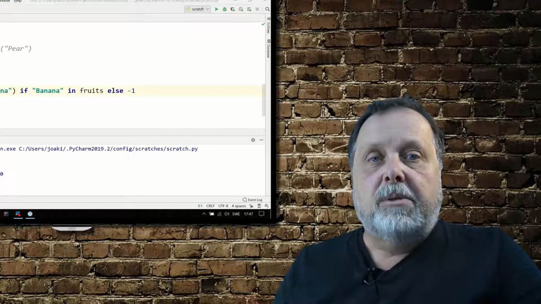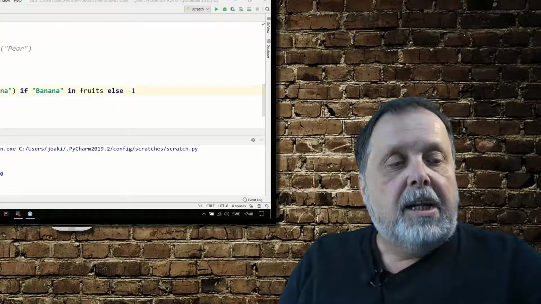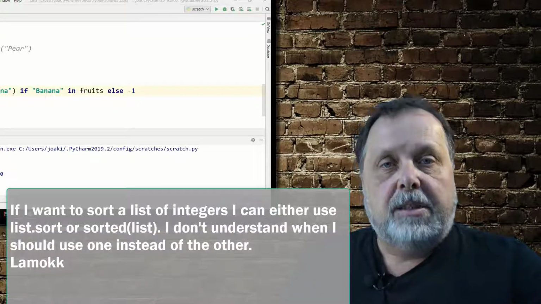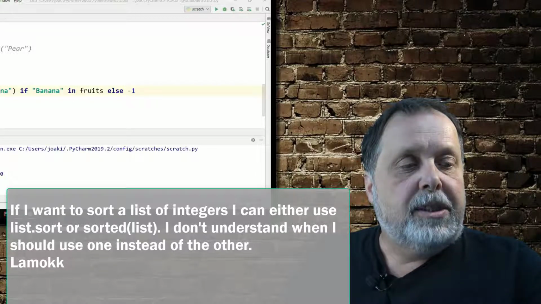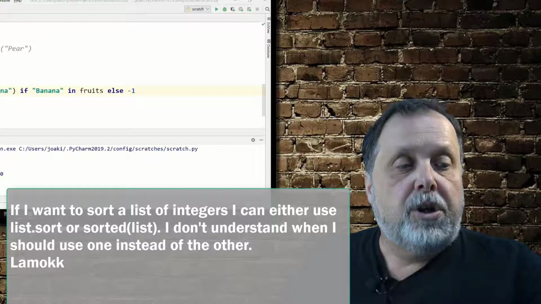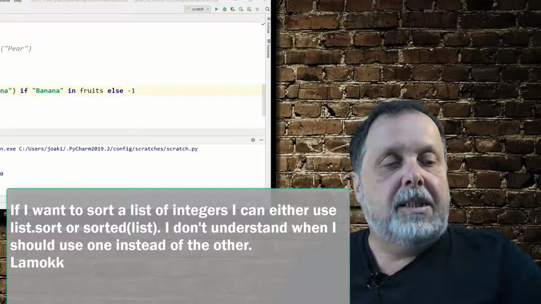The next question comes from someone called Lamok, and the question has to do with sorting lists. So let's see what the question is. If I want to sort a list of integers, I can either use list.sort or sorted(list). So what Lamok means here is that